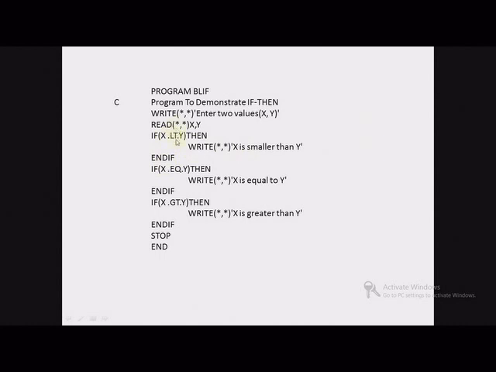If this condition is true, this cannot be true, so this part will not be executed, and again this condition cannot be true, so this part will also not be executed. So this is how the program works. Any one of the three conditions will be true at a time, and one of the three output statements will be executed. So this we can